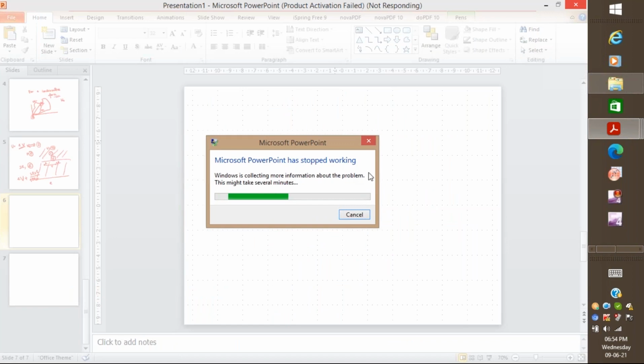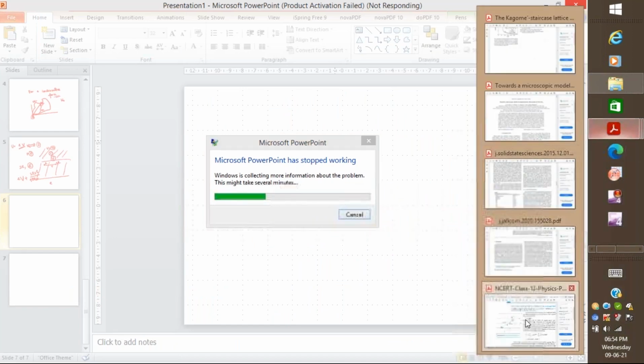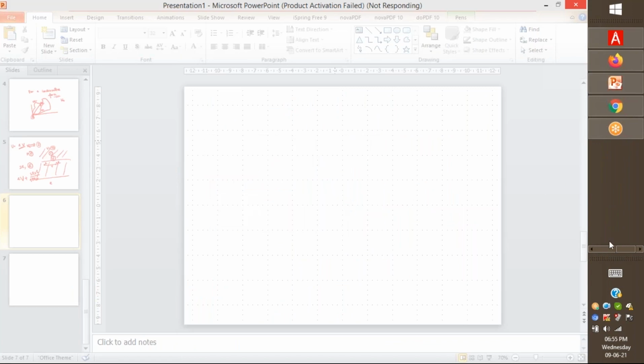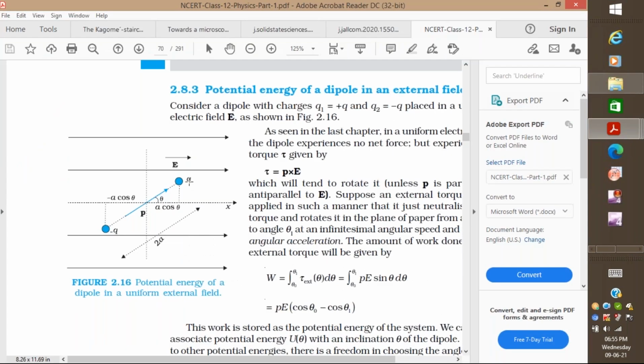Yeah. So look here, I have two charges. What do you mean by dipole? When you have two equal and opposite charges separated by a certain distance. Here 2a is the distance of separation between the two charges, plus q and minus q. So this is an electric dipole. And if you keep it inside an electric field, the electric field exerts a force on the positive charge as well as on the negative charge. So in that case,